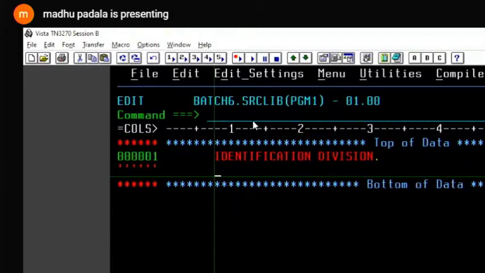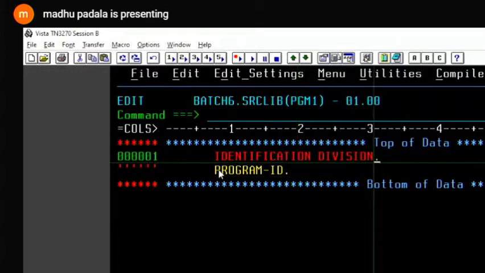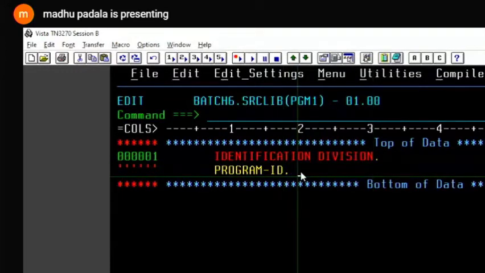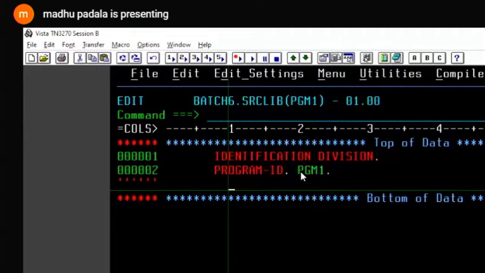Then PROGRAM-ID and a dot are very important. The dot is required at the end: PROGRAM-ID dot, then the program name, dot. This is the identification division, where we give the program name.